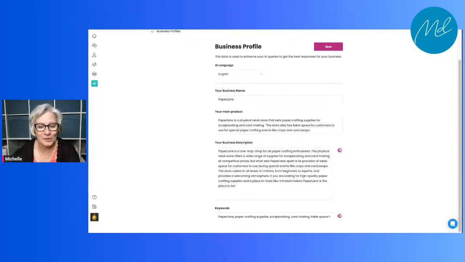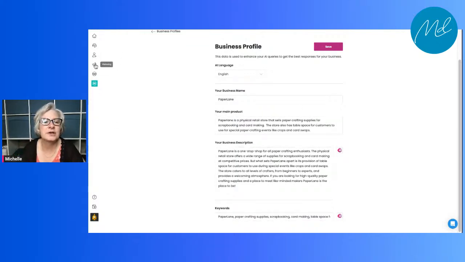It's SEO, guys, SEO. You put certain keywords in that people are likely to Google or search for. Where to buy scrapbooking supplies, a scrapbooking store, or anything that somebody would Google to find your products. Okay. All right. So we've already saved this.